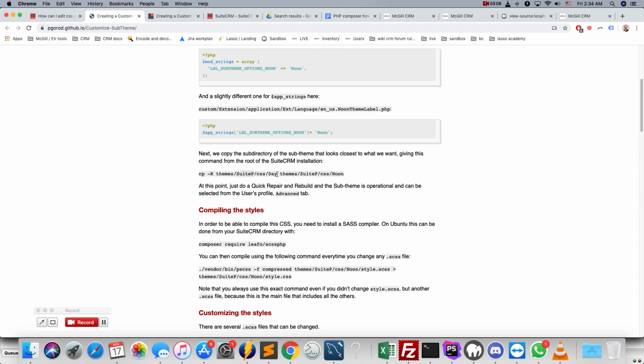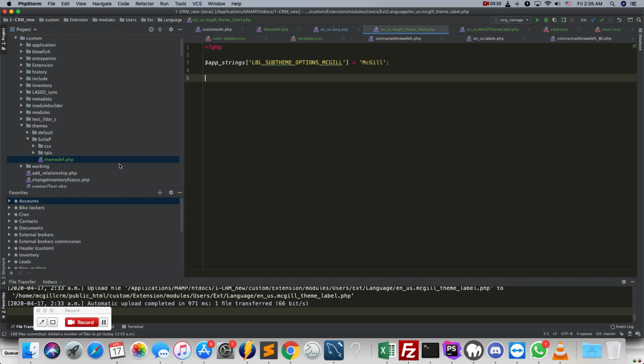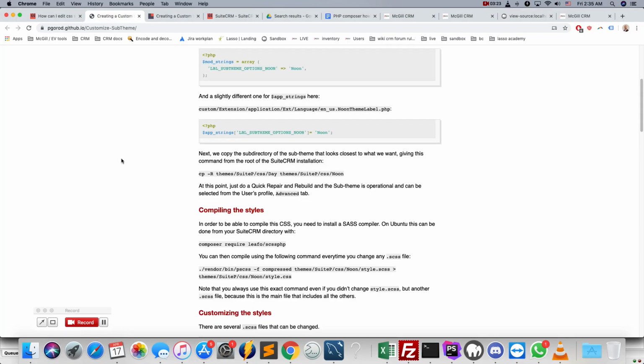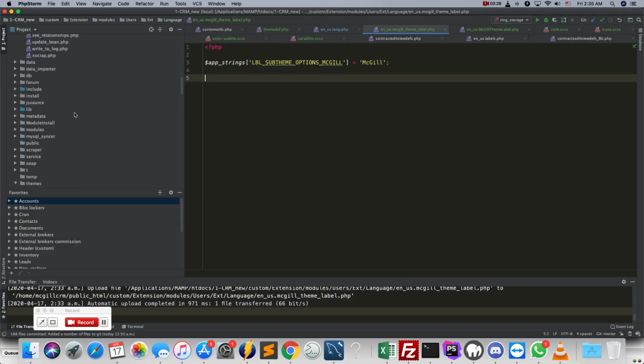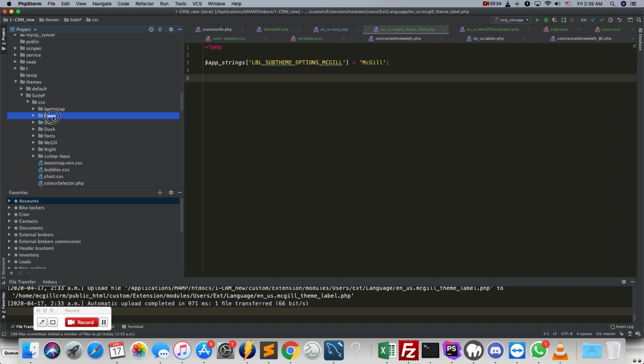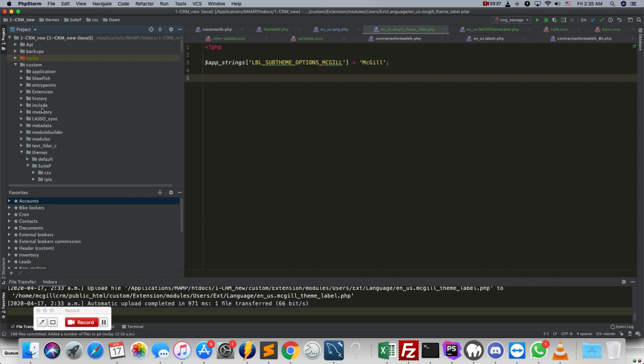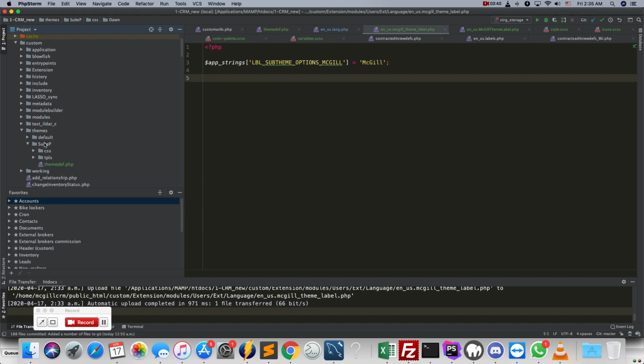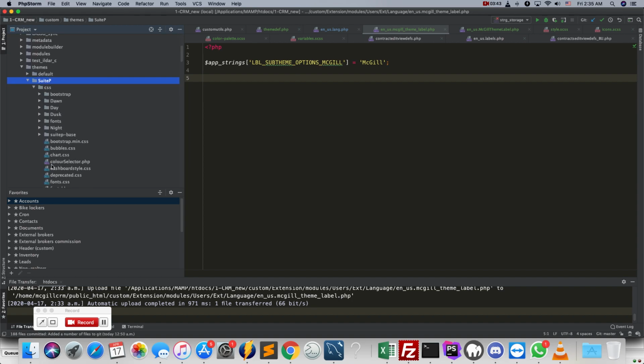Then what we would do is copy the theme SuiteP CSS folder from the theme that we're trying to emulate. In this case, I liked Dawn the most. That's the theme that I want to copy. So what I did is I went to this location, themes SuiteP CSS Dawn. Let's do it together. I did copy and then I pasted it to custom themes SuiteP CSS, pasted it here and renamed it to